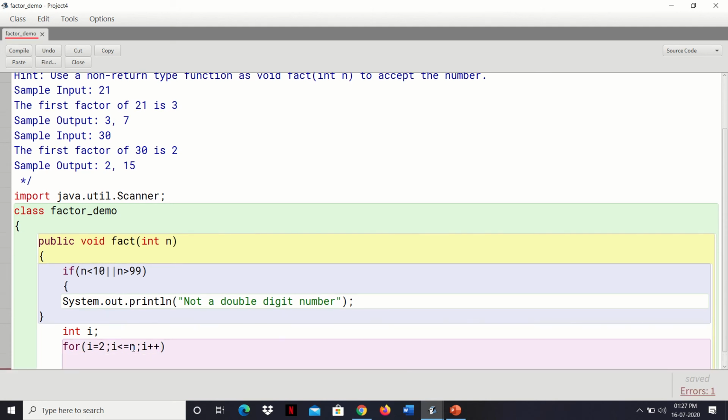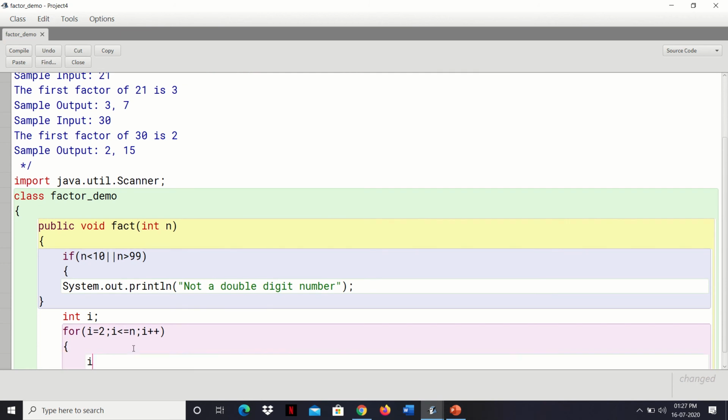Okay. Now once this is done, we'll check here. What to check, students? That particular number inside the for loop body, if n modulus i. Suppose we take a number 21. First factor 2: 21 is not divided by 2, so this condition is false. So we will check with 3. The first factor of 21 will be 3 because 21 is divisible by 3, right? The first factor of n, that is 21, is 3.